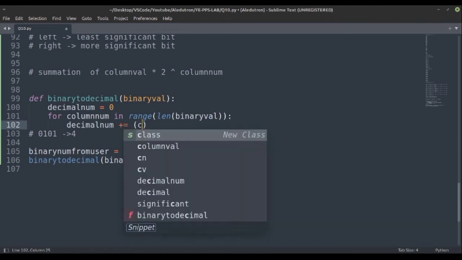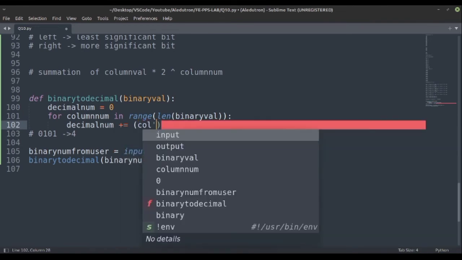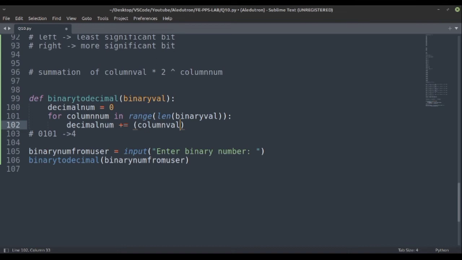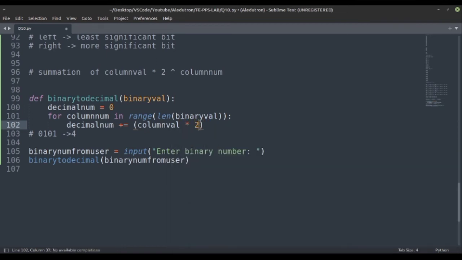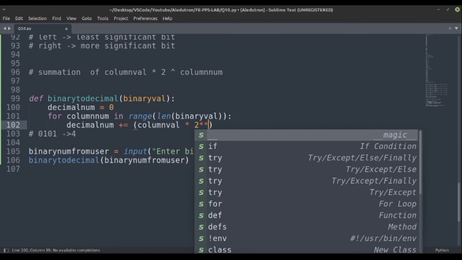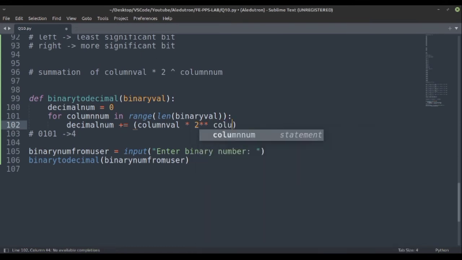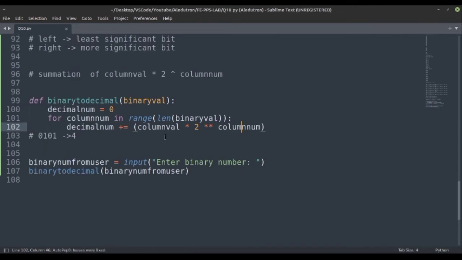So basically here the formula would be column value into 2 raised to column number. So this will be basically in brackets. We have to do this first, and after that multiply it.